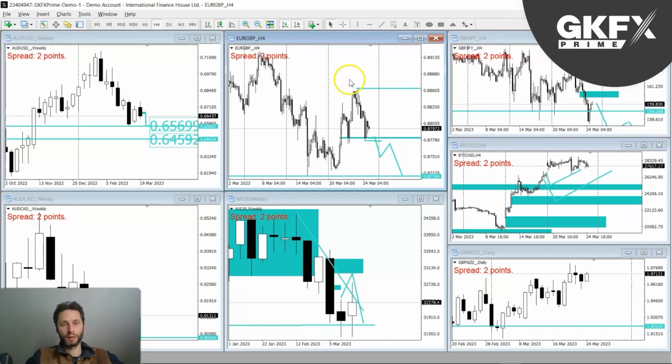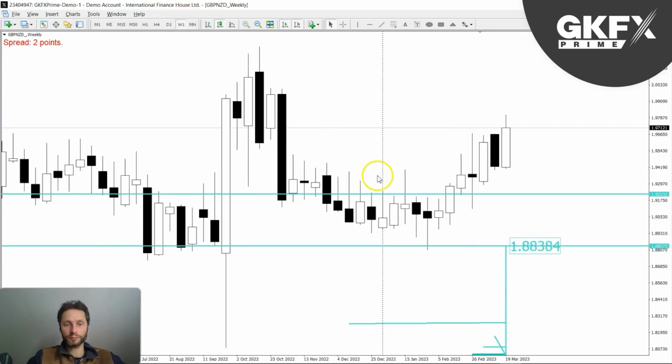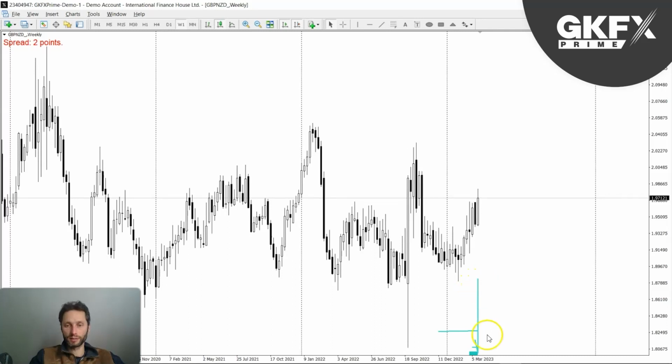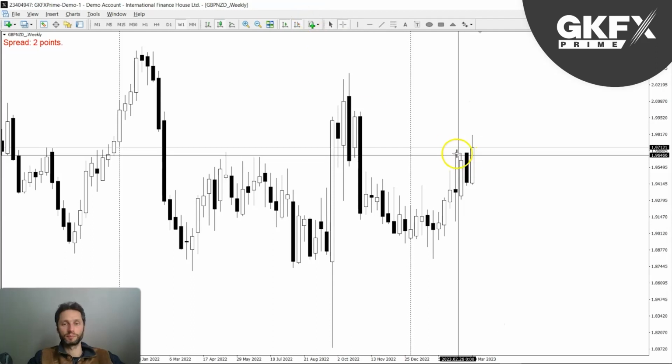So we have the euro pound as well. Pound pairs, euro and pound news this week. Pound yen, we have pound news this week. And let's move on to another pound pair. You want to be choosing carefully which pairs you're going to trade this week. We've got pound New Zealand. So let's just get rid of all of this, because this is clogging up the chart. It's not very tidy, not very clean. So let's have a bit of clarity on the chart.